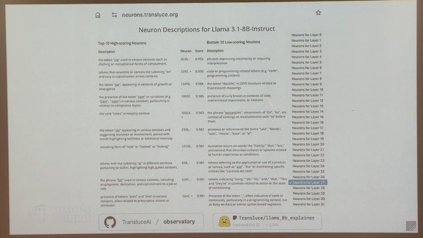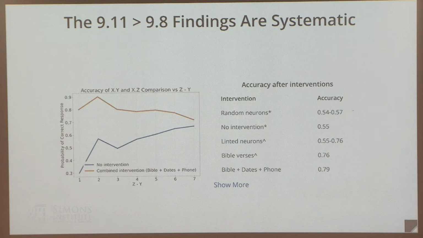If you want to check out all of these, you can go to neurons.transluce.org and click on any neuron. The average accuracy is 55%, so it's basically chance. If you just remove random sets of neurons, this doesn't really do anything.